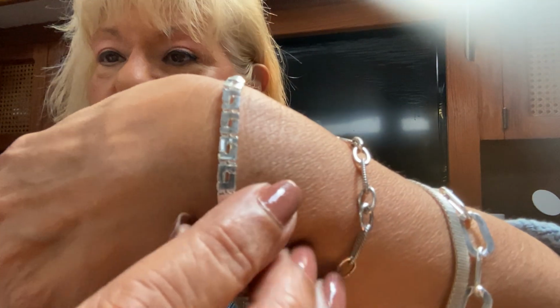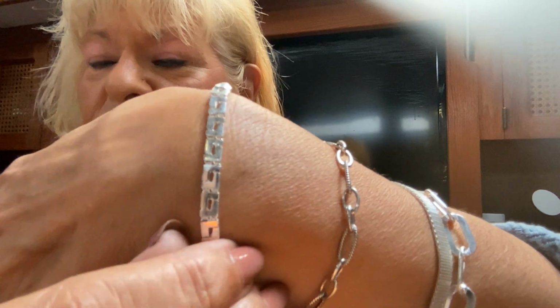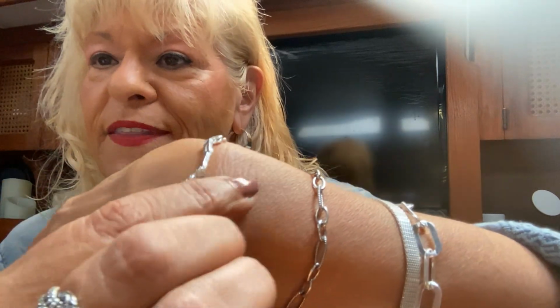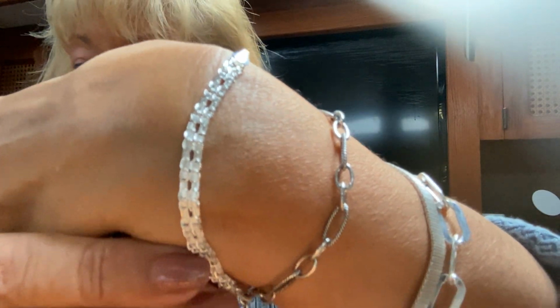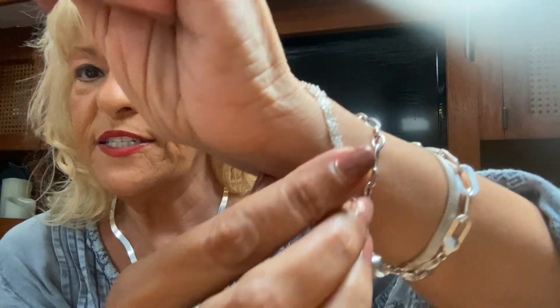All right, let me show you a bolo bracelet, and this is also a Greek key design, and it's actually one where you can wear it 2 ways. So here's one where it's the high polish side, and then the other side is a little bit more frosted, if you will. This is a bolo. Let me take it off for you so you can see it. The item number is